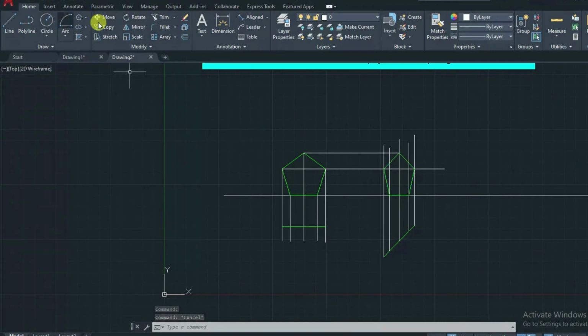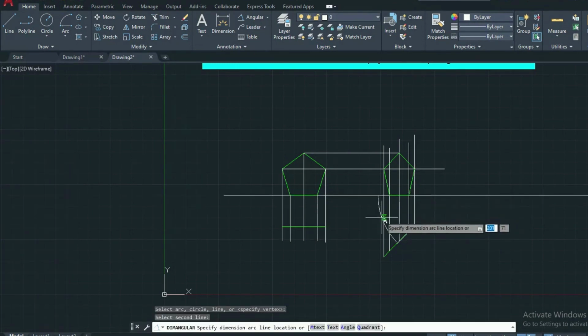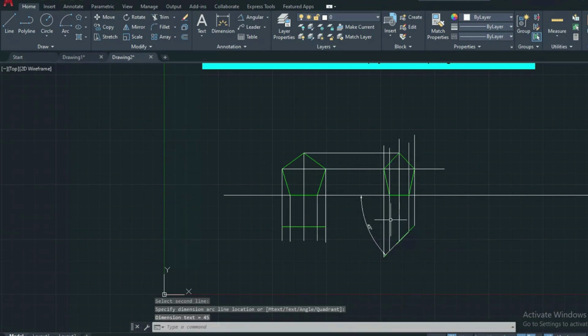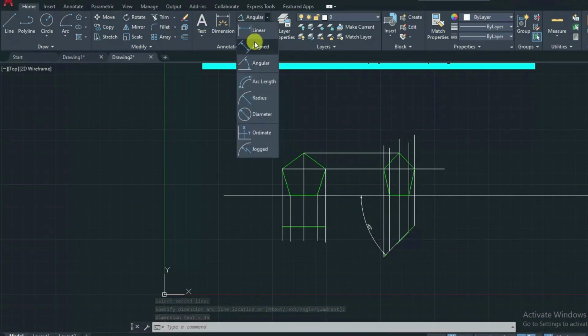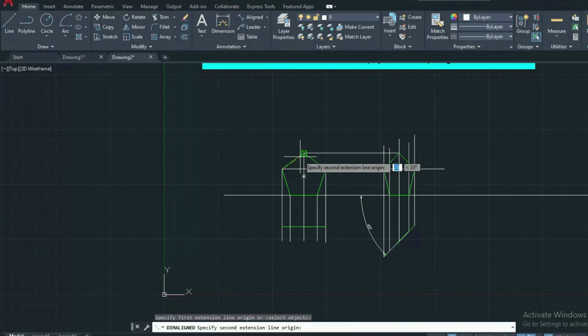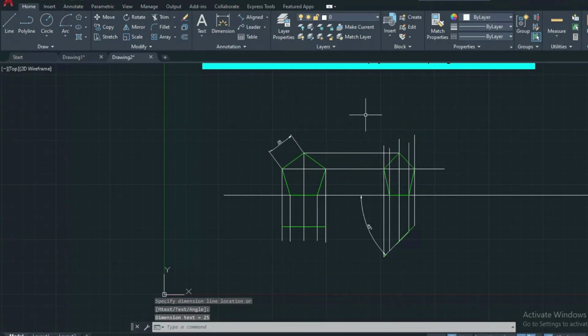See the inclination, the angular one. So here it is with an inclination of 45 degrees, and the side length is 25.